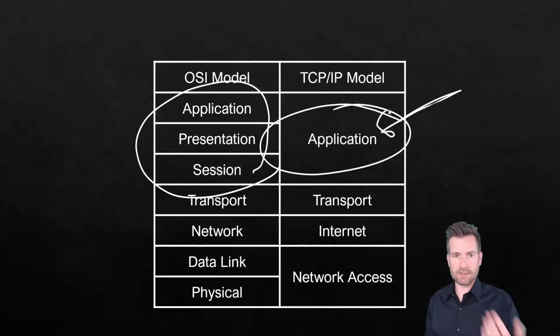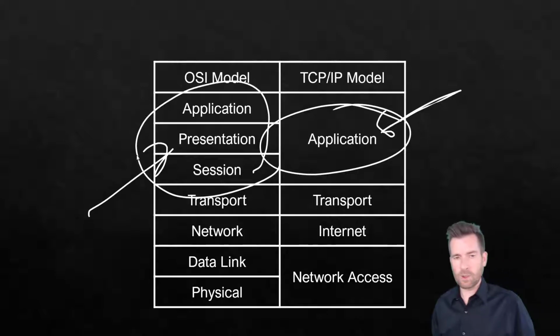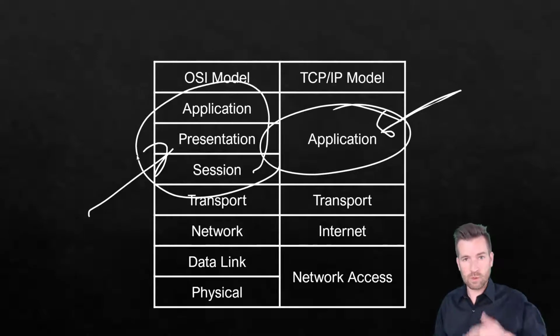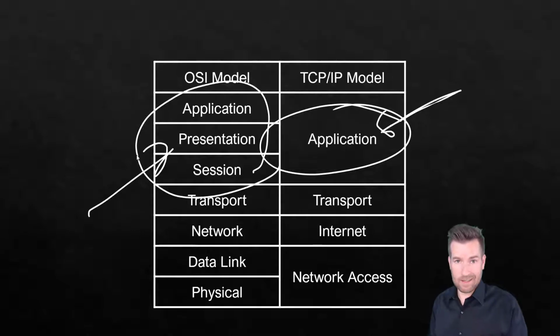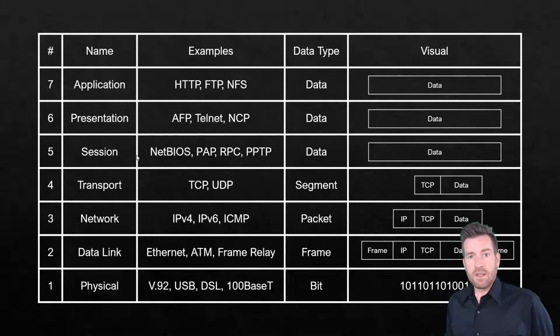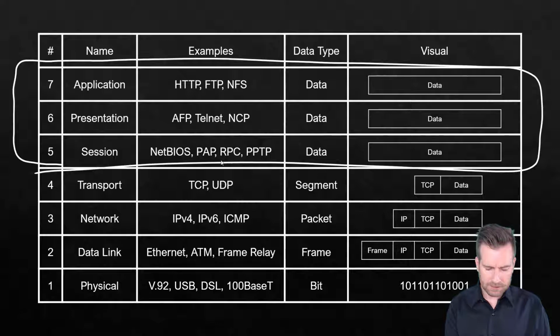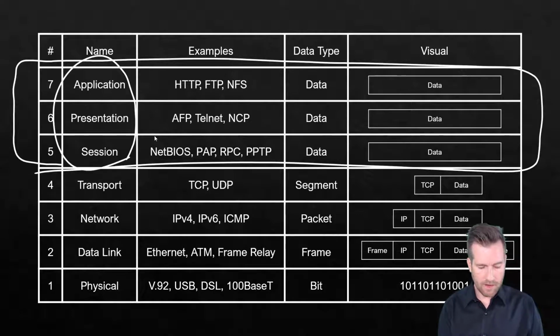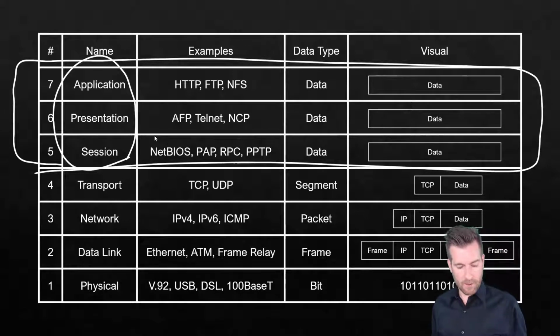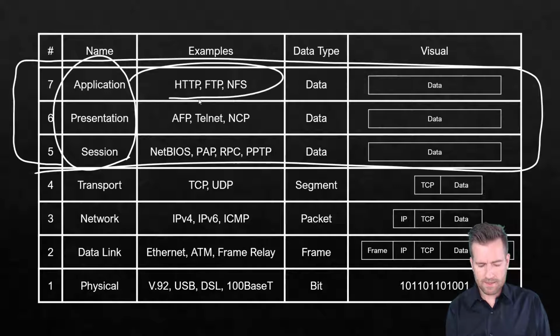Although if there are some older technologies that you're working with, or something that's a little off from what we're used to dealing with on the internet, then you may find some other protocols that fit better into this 7-layer system, where session, presentation, and application are all broken out separately. So back to the OSI model, what we're looking at is layers 5, 6, and 7. All right, and then we've got several examples here for each one. So 5, 6, and 7 are broken down into session, presentation, and application. And a lot of the protocols that, once again, we will be working with fall within this layer 7,